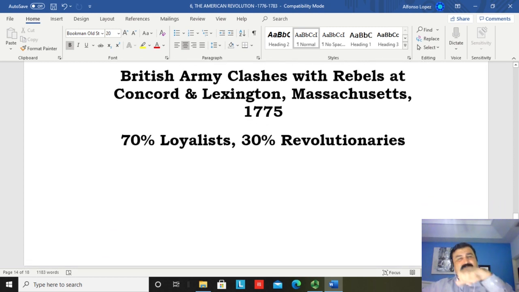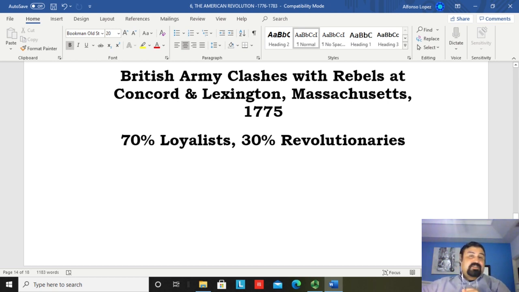But as this Continental Congress is holding meetings, they receive news that in Massachusetts there's already fighting going on. That the British troops are already clashing with rebels in two towns, in Concord and Lexington, in Massachusetts. There's already fighting going on. So Massachusetts is already at a boiling point. This is not just minor incidents or violence, but rather actual fighting. There are clashes, there are battles taking place in Concord and Lexington, but still, in 1775, the vast majority